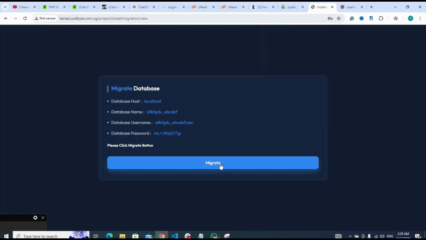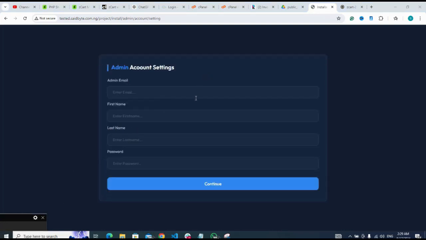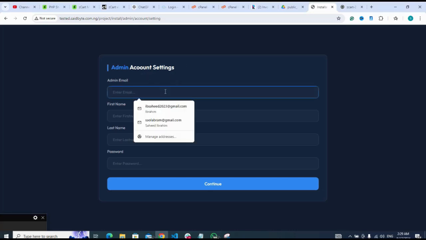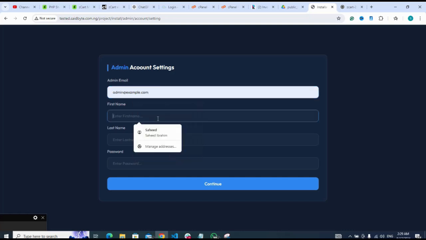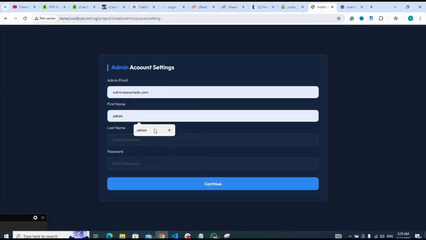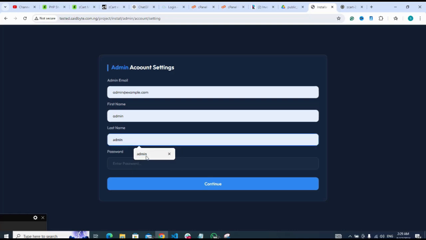Migrate. After that, I'm going to fill admin account settings. Admin email, let me say admin@example.com. First name, let me say admin. Last name, admin. Then I click on continue. After filling everything,